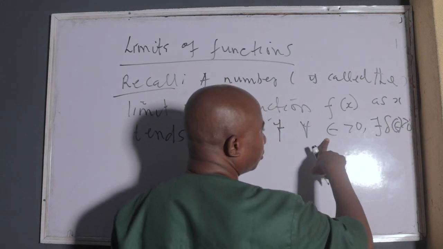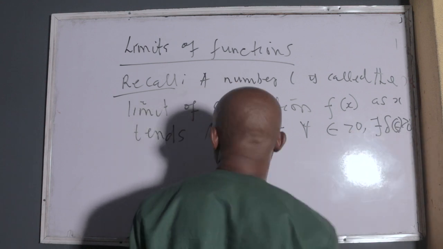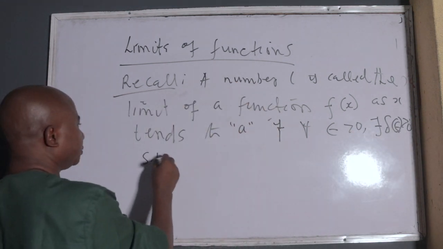That's the for epsilon positive, there exists delta that depends on epsilon, which is also a positive number, such that